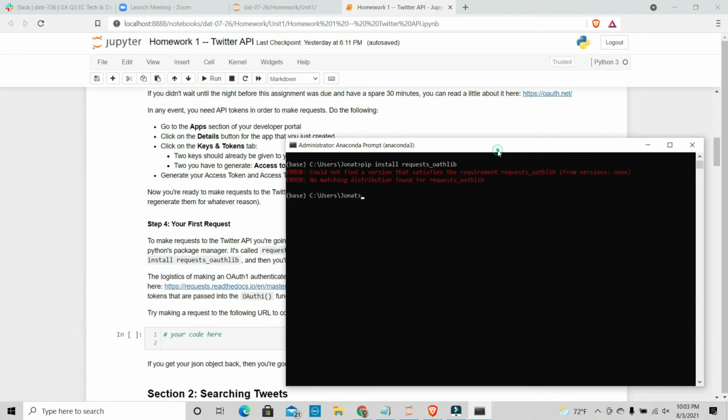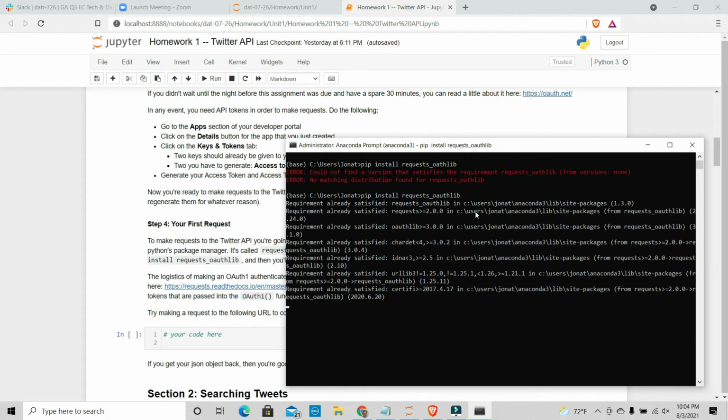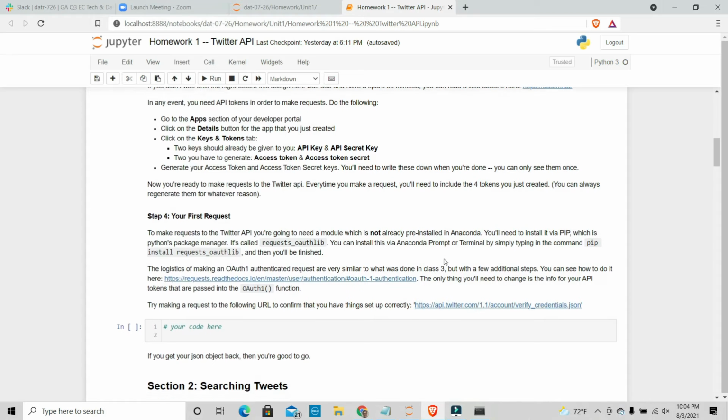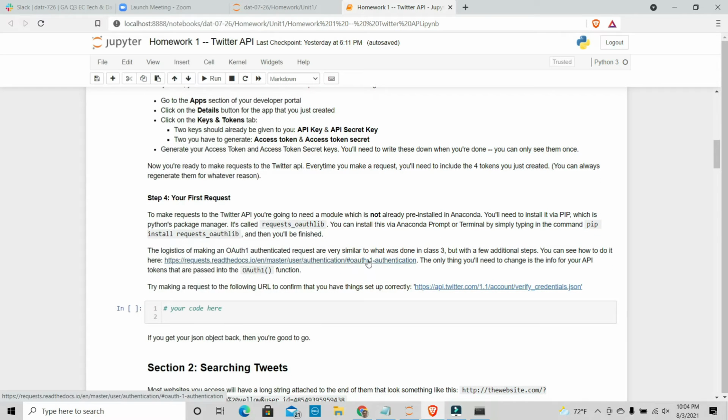I probably spelled this incorrectly. Yep, it's OAuth. All right, so let's go ahead and do this. In my case, it's already installed, but you want to go ahead and do it for yourself. Now the idea then, once you do this, if you click on the link over here,